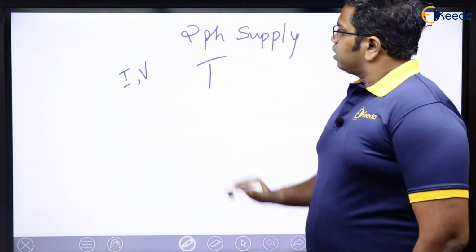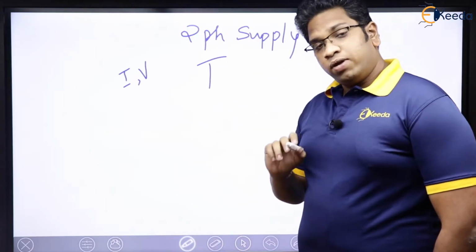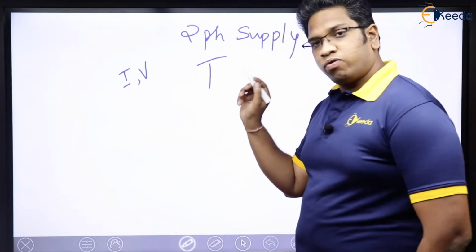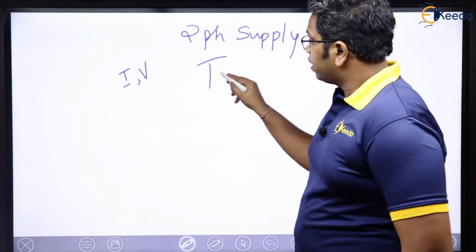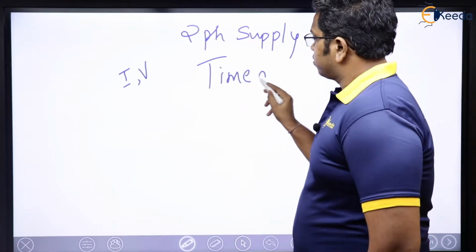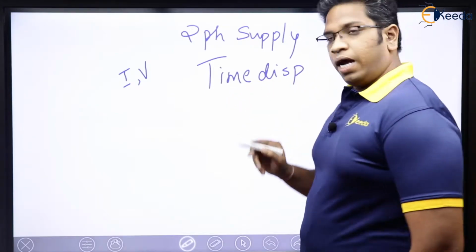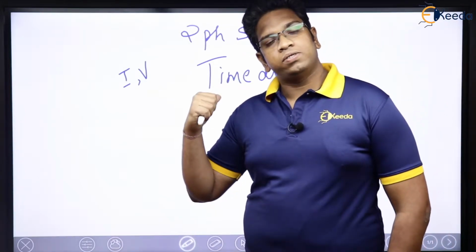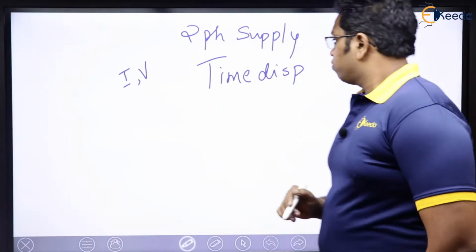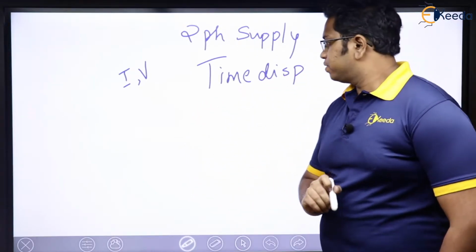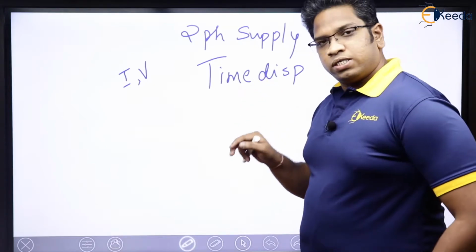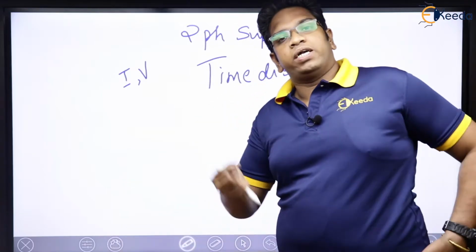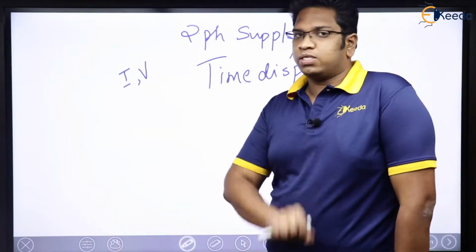Now, see here. Just by having a two-phase supply, will I be able to have a rotating magnetic field? No. Because whenever I have two-phase currents they are nothing but time displaced, and this is not sufficient. This is necessary, but this is not at all sufficient. So what do we have to do here? You have to inject those two time displaced currents through space displaced windings, and we have discussed what is the meaning of a space displaced winding.